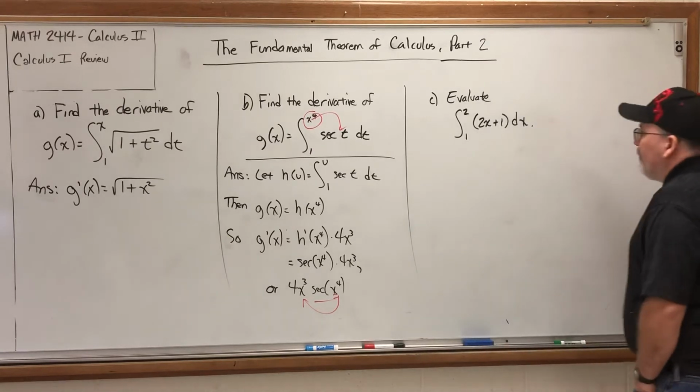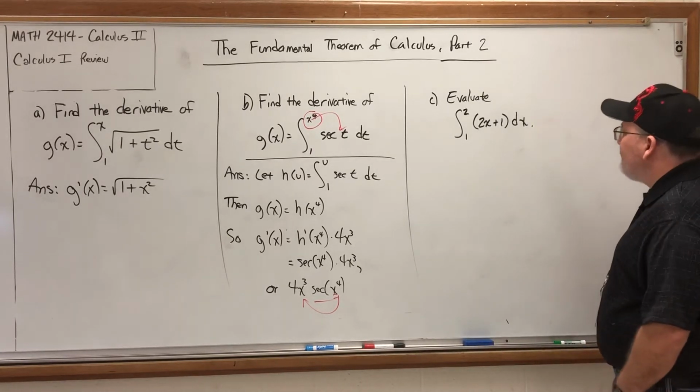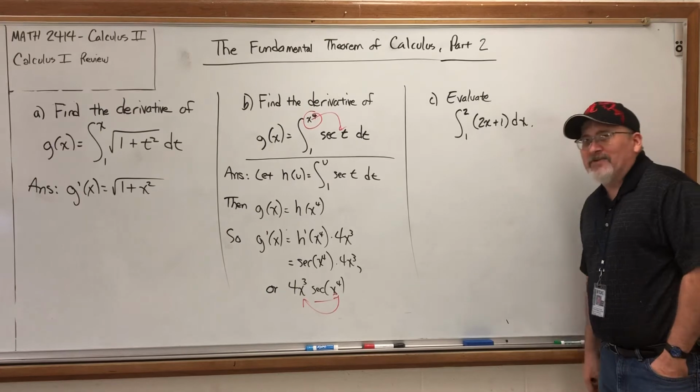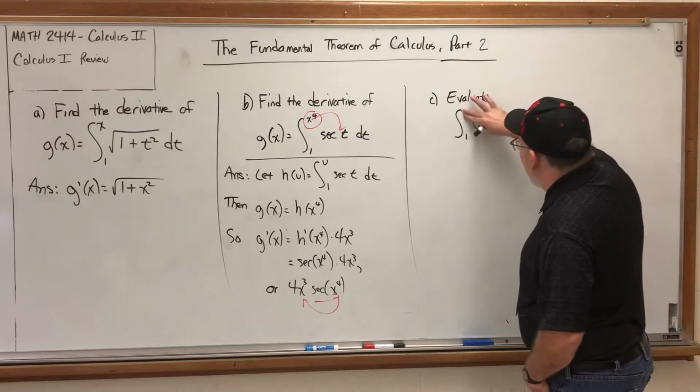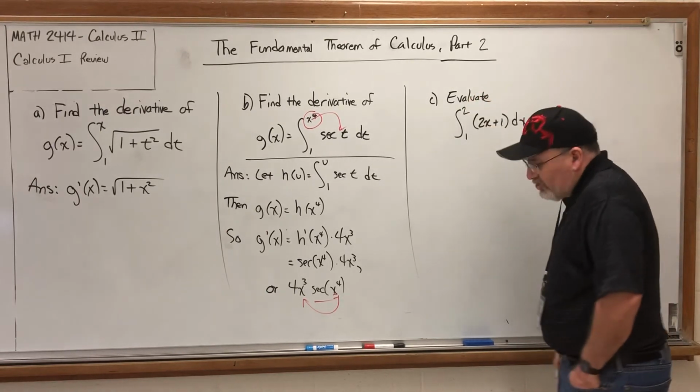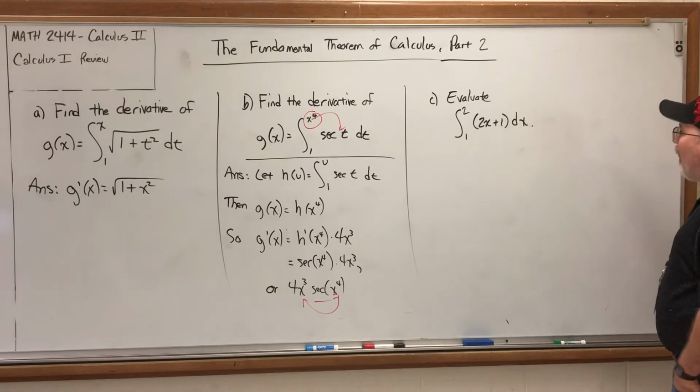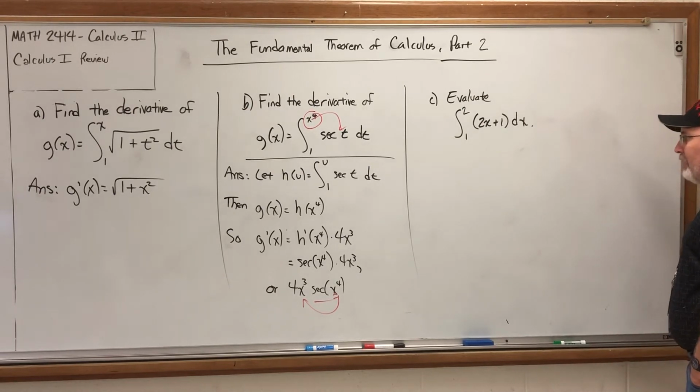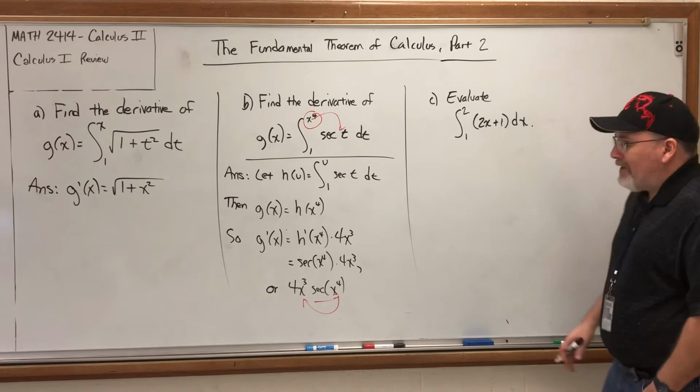All right, for the last part, we'll use part B of the fundamental theorem of calculus, evaluate this definite integral. This might be something that looks pretty familiar. I'm going to make it from 1 to, if you've already tried it, I don't want to change it. We'll keep it from 1 to 2. If we do the fundamental theorem of calculus, we'll get an answer, but I want to remind you what this